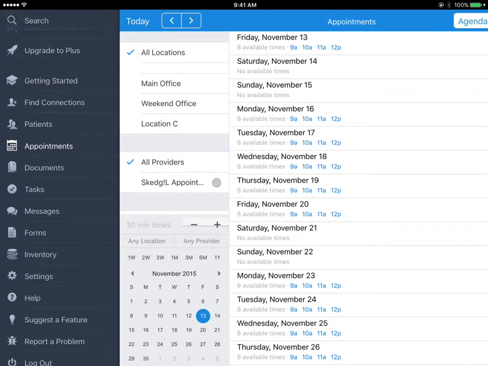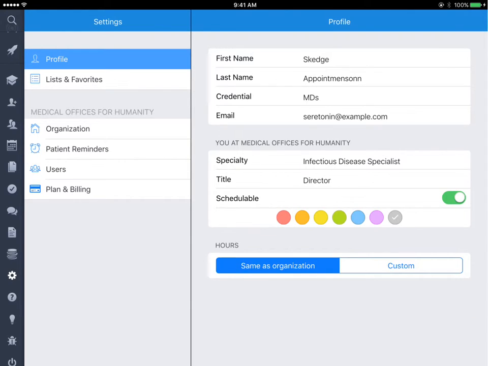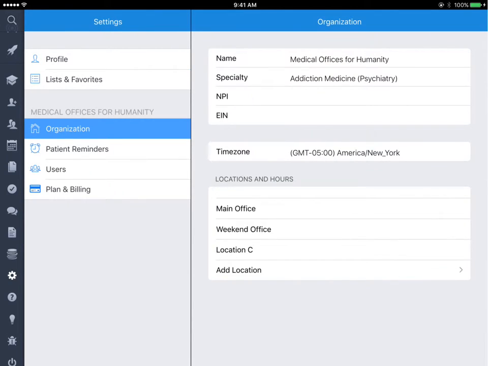Now if we go back to settings and we click on same as organization, it's going to use the organization's different hours for each of their different locations. So if we click on the organization over here on the left under Medical Offices for Humanity, we click on organization, and we have several different locations here, and we can also add a location. So we have the main office,